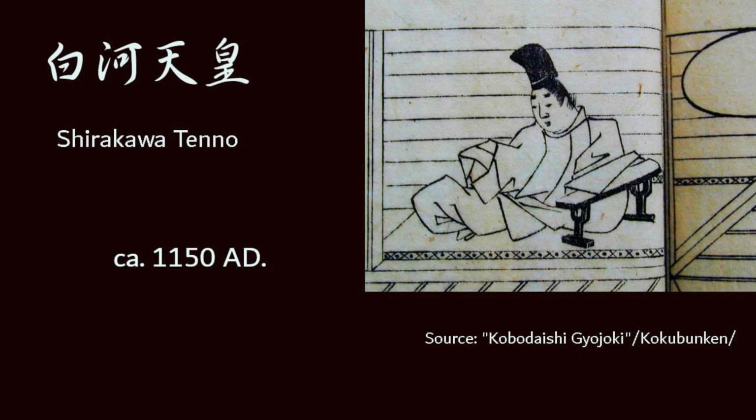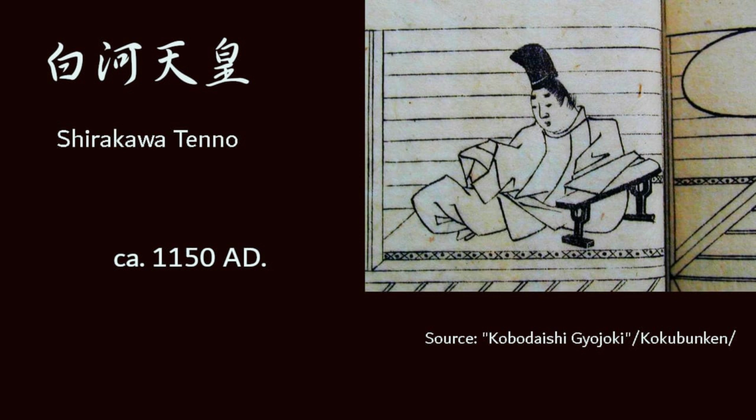From the late 11th century, the emperor took back real power from the Fujiwara family. The economic base of the Fujiwara family was centered on their private fiefs called manors. The emperor destroyed this economic base by issuing the manor order, thereby increasing his own income. Upon regaining real power, the emperor ruled in a different manner than before. That is, the emperor retired and transferred the title of emperor to his own descendants, while continuing to hold real power as guardian of this successor. It was Shirakawa Tenno, that is, Emperor Shirakawa, who started this politics in earnest.